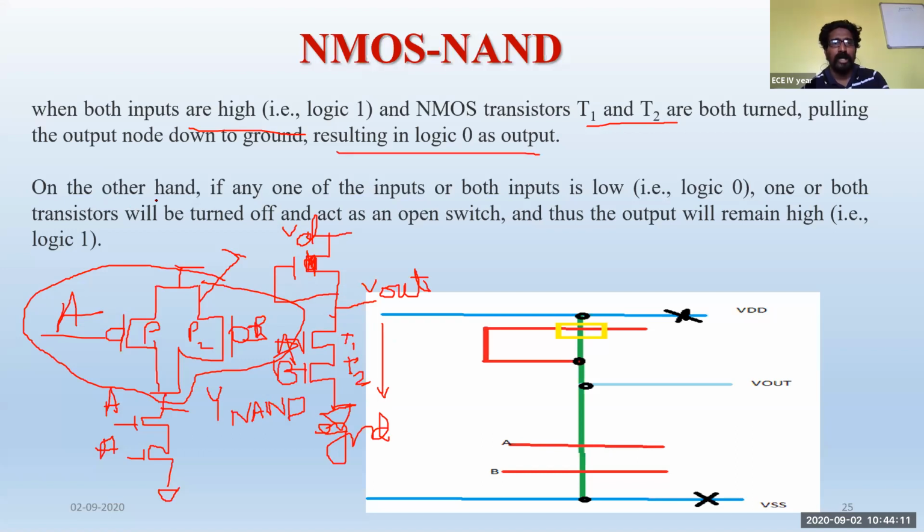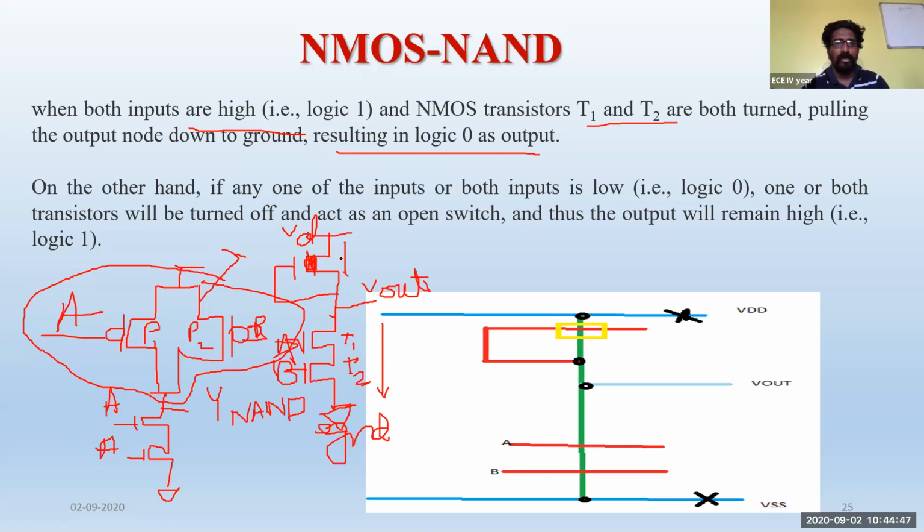Now coming to the other hand, if the inputs A and B are 0, then we know that one or both the transistors will be turned off. Why? Because here both are NMOS, both the transistors will be turned off, and this will act as an open switch. If it is acting as an open switch, there will be a huge amount of resistance at this part, and this transistor, the depleted transistor, is completely in the on state. Since it is in the on state, and the V out, we don't have any kind of output here now, because in the previous state itself, the entire output has gone to ground. So we don't have any output.